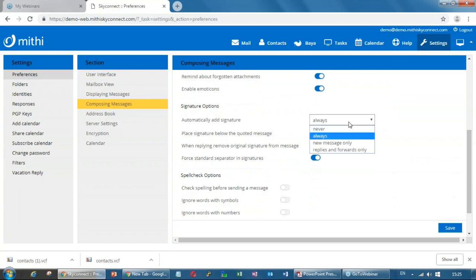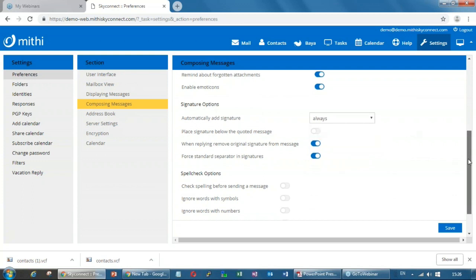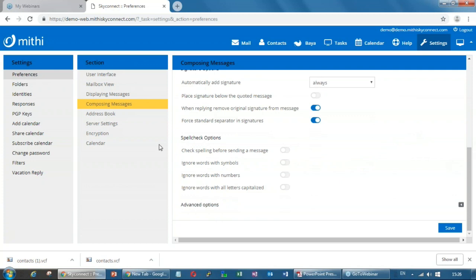So let's say for signature options, you have add signature always, never, new messages, or reply only for replies and forwards. So such kinds of different customizations are there in this.